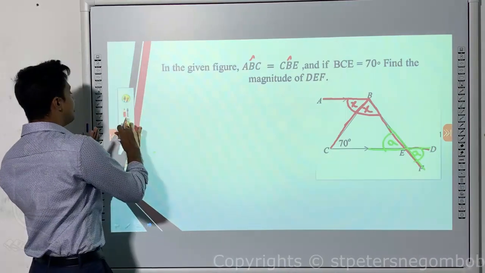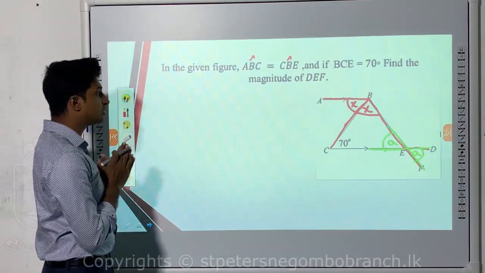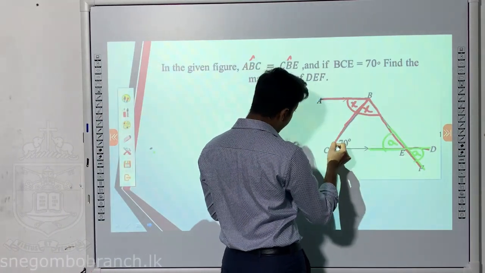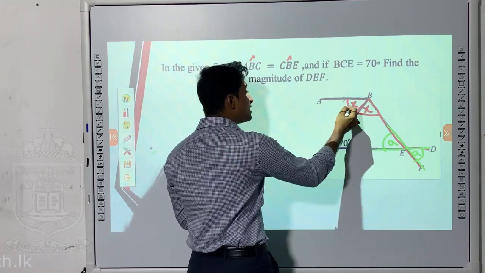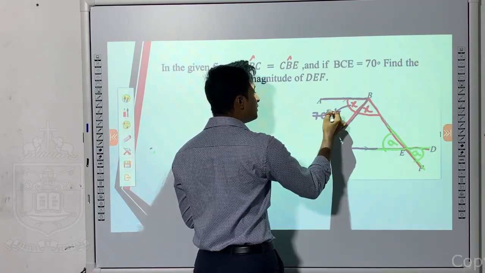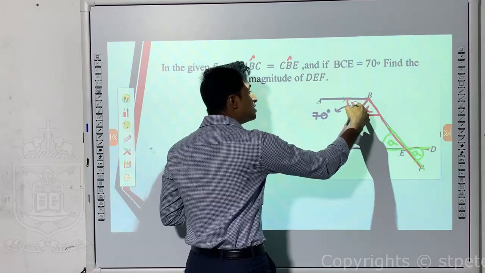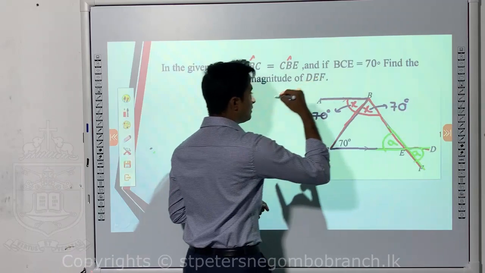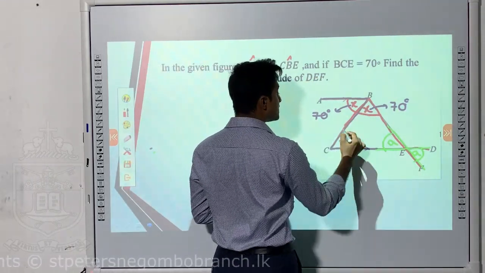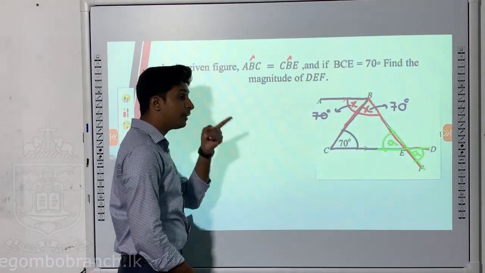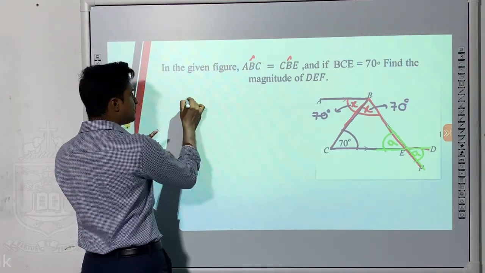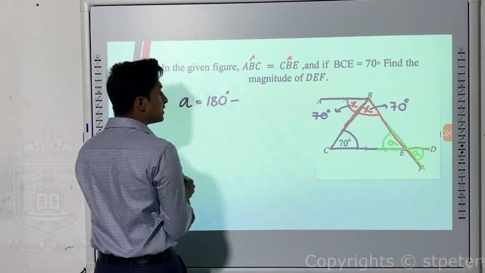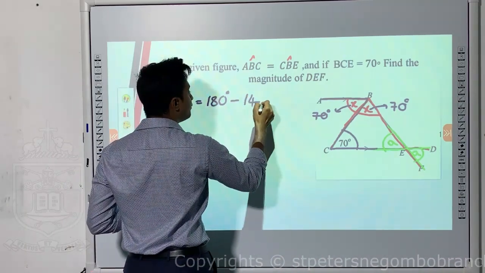Now, again I am going to use all the knowledge I know about triangles. See, here I have an alternate angle. So then X is going to be equal to 70 degrees. They have already told you that these two angles are equal. Then if this is 70, this is also 70. So 70 from here, 70 from here, you're going to find the value of A. So I will just write this step now. A equals 180 minus 70 plus 70, which is 140.